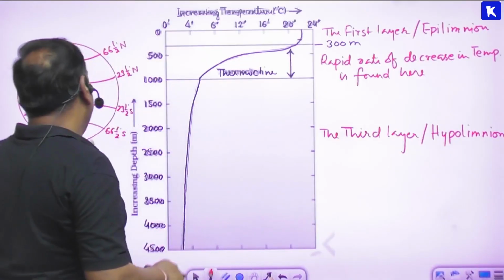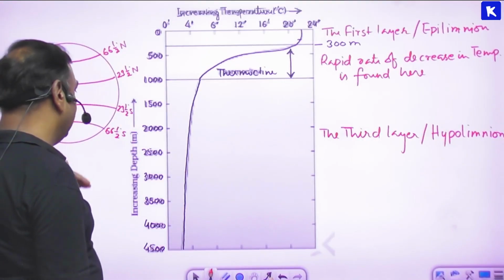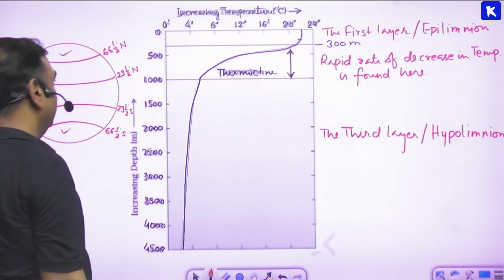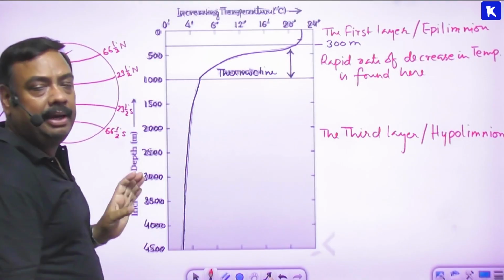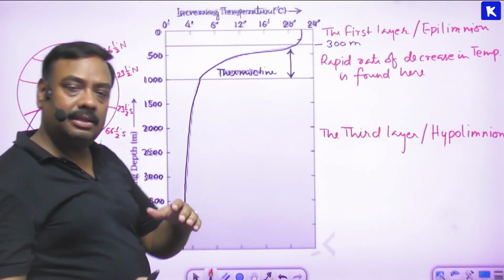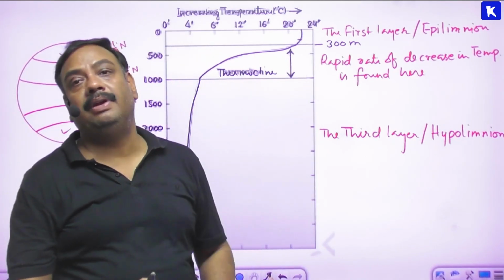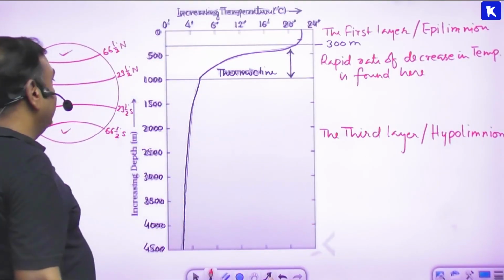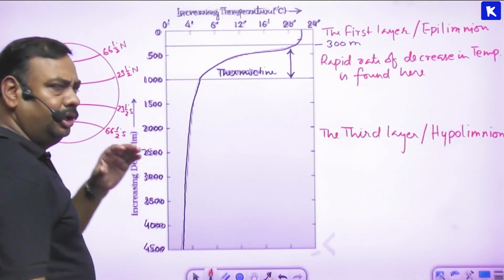And then beyond 66.5 degrees north latitude and 66.5 degrees south latitude, we can find the frigid zone. This zone is the frigid zone. So we have the tropical zone, the temperate zone, and the frigid zone. If you are not able to recall this, go to the chapter on temperature and heat budget we did there. Okay. Now see here, when we talk about these 3 zones, here it is written in your book, and you can also